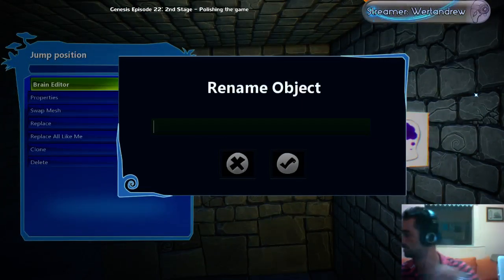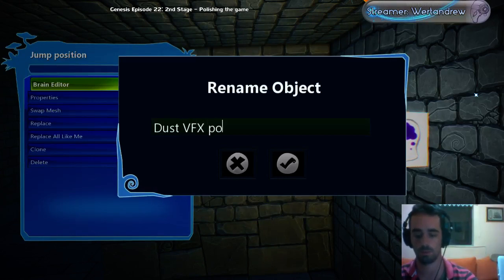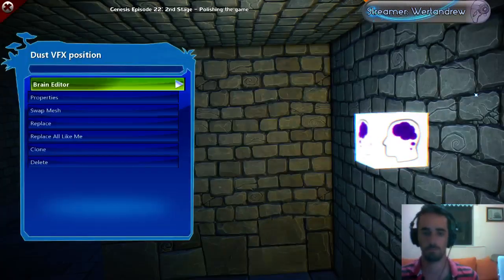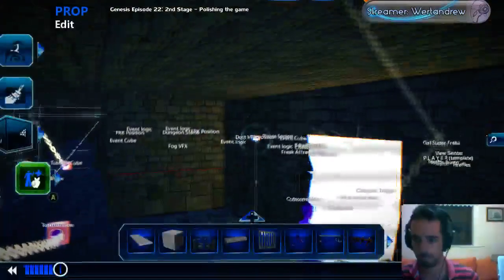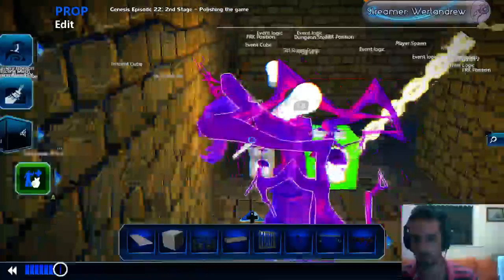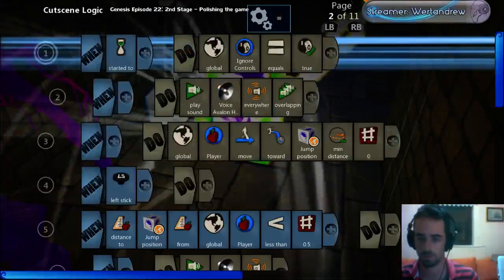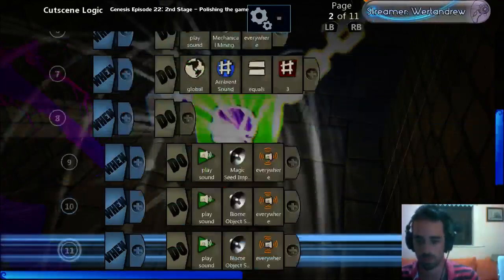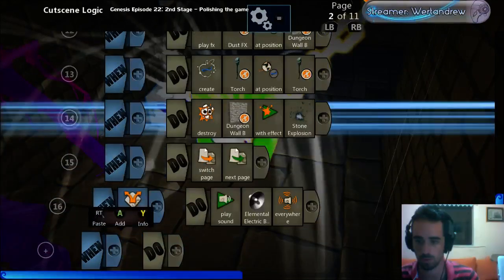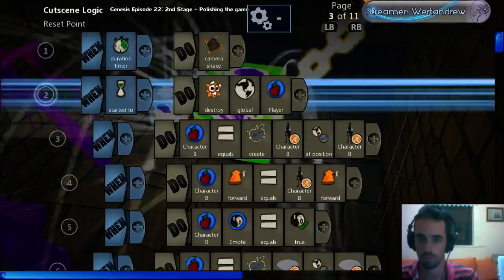There's too many classes. So I'll add another point called dust. The effect position. Actually, I'm not gonna add it inside this white thing because I won't be able to grab it afterwards. So I'm just gonna find the place where you see destroys the wall. Alright, so here,